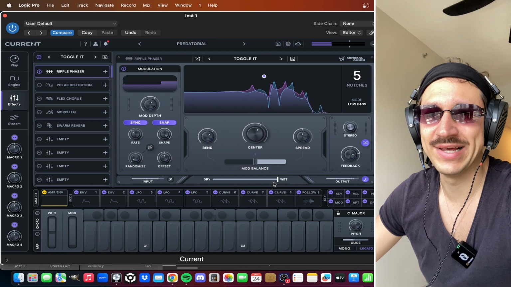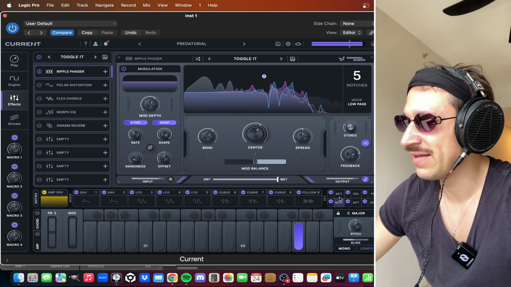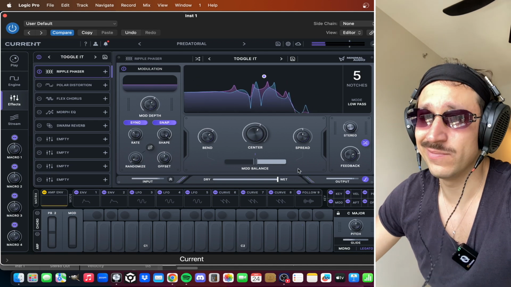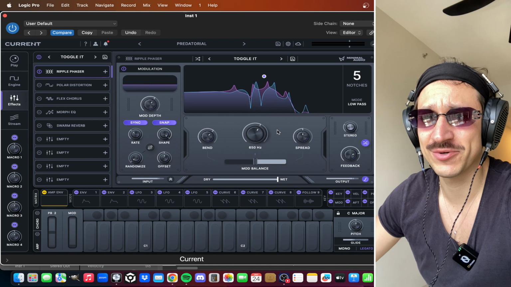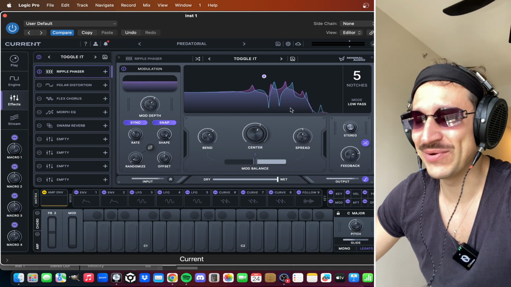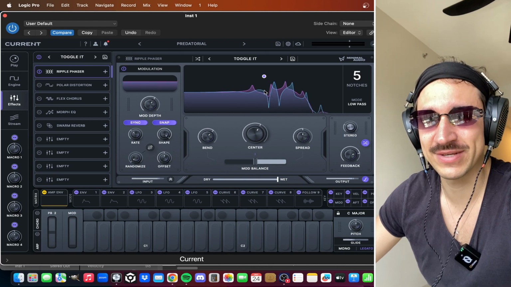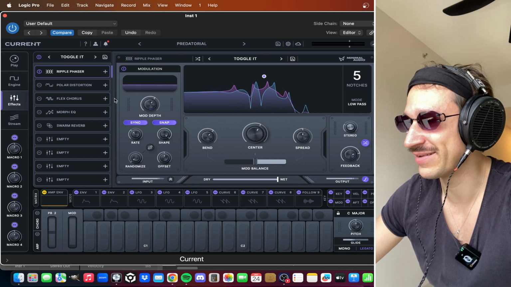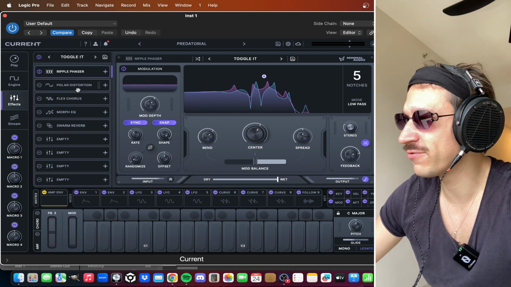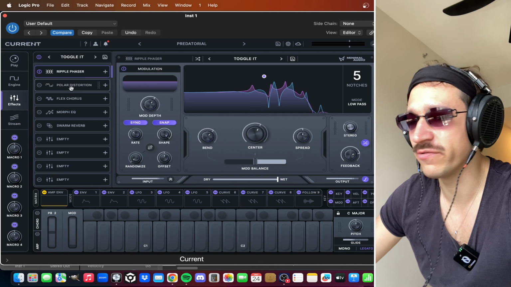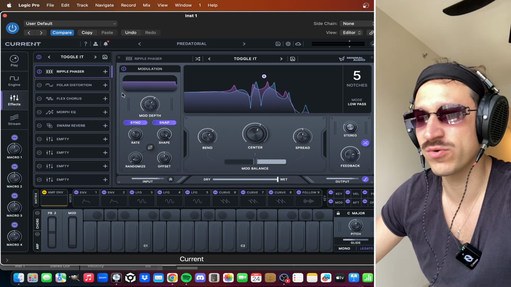And the wet is up really high, so it's really taking over this effect. It's really changing the whole sound quite a lot, so it's massively being the priority in the sound design process, this particular effect, but it's got its own unique flavor, the ripple phaser. Sometimes it's really overwhelming and doesn't work well, but for some sounds it's great. Gives it a bit of a vocal kind of texture,